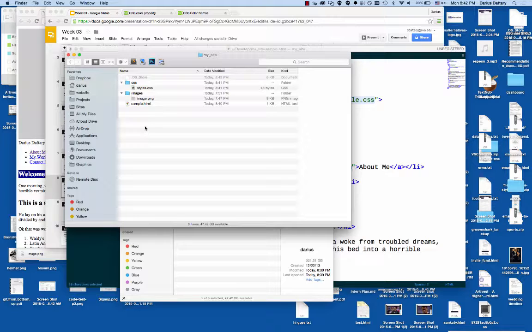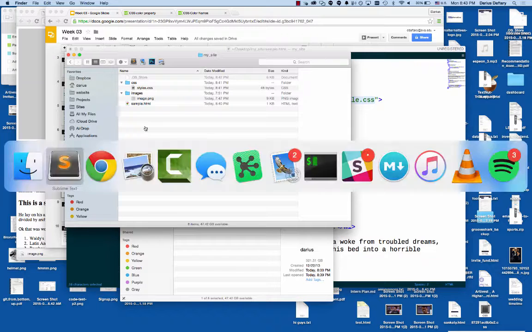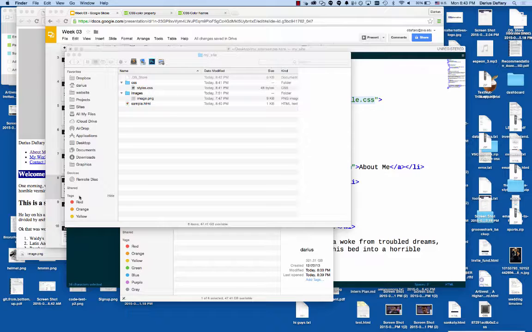CSS slash and the file name. Yeah. Remember, these are siblings. So if I'm right here and I'm looking for this file, the path to get there is I go to CSS and then I go to styles.css. So the way we write that out is,